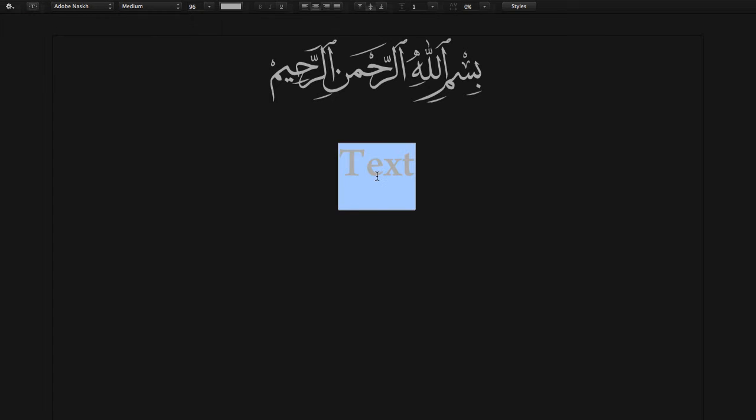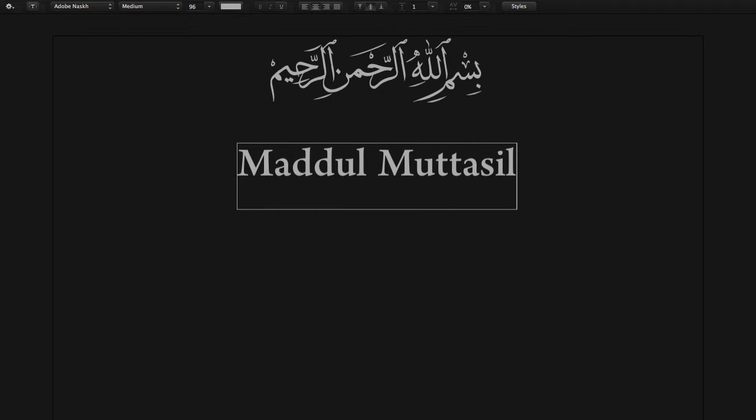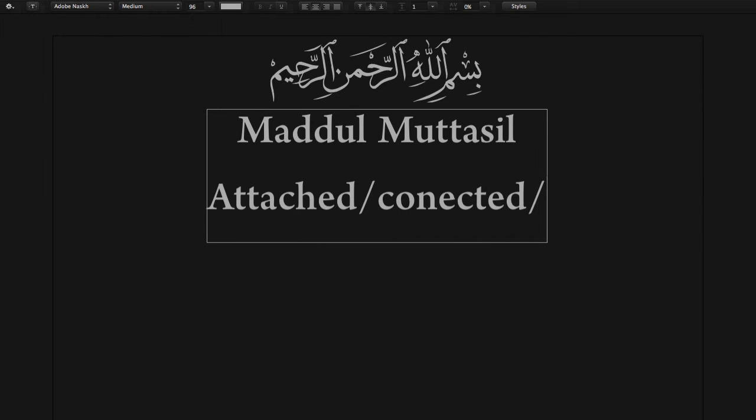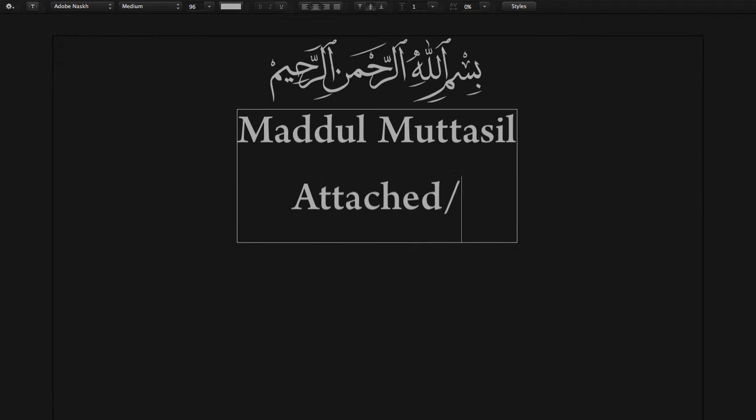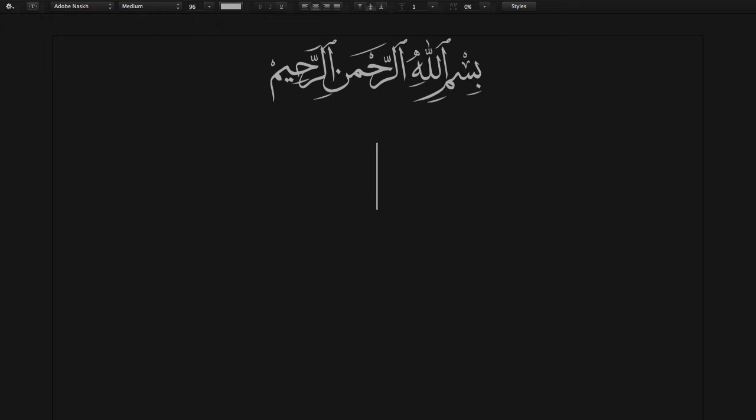So now we're going to move on to something called Maddul Muttasil. Muttasil basically means attached or connected. As you remember, mad is elongation. Anything where it's together shows combinedness. So we're just going to stick with connected mad, the connected elongation. And an example is